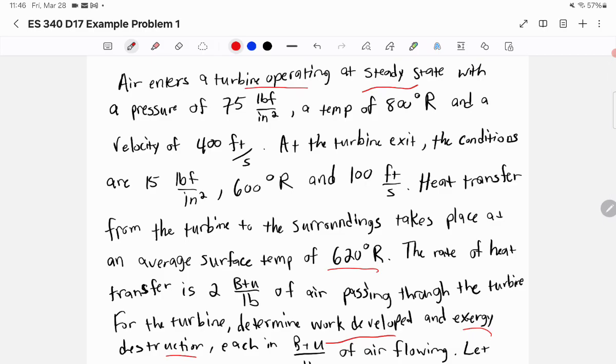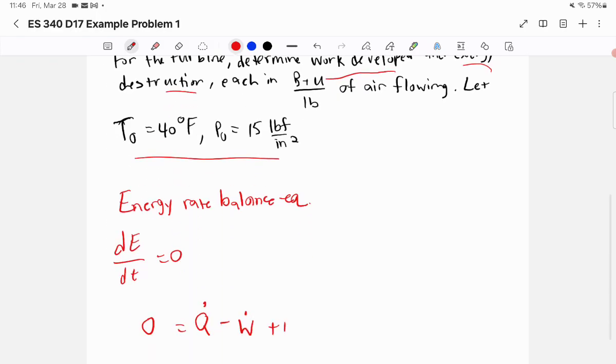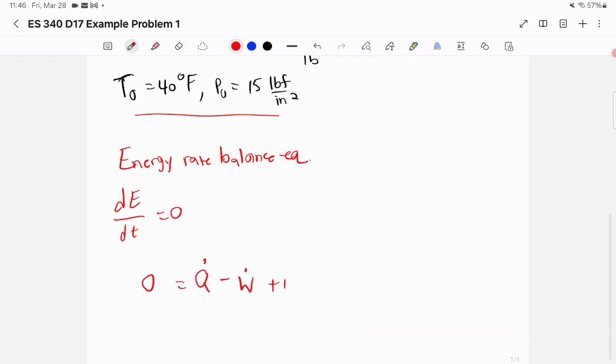That means we can reduce the equation to the single inlet, single exit case. If there are multiple inlets and exits, you have to account for them, but here we can just take a single mass flow rate. So that's going to be equal to m dot times H1, which is the inlet, H2, which is the exit,